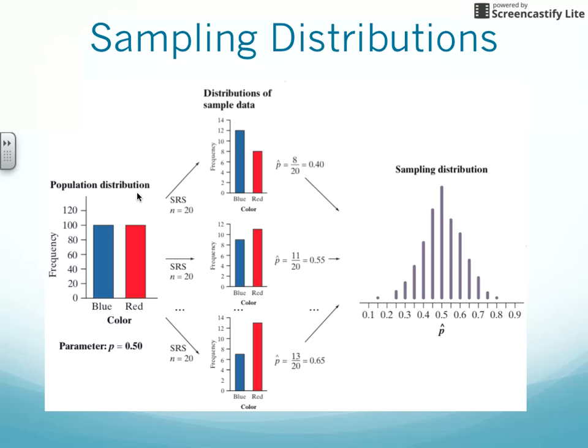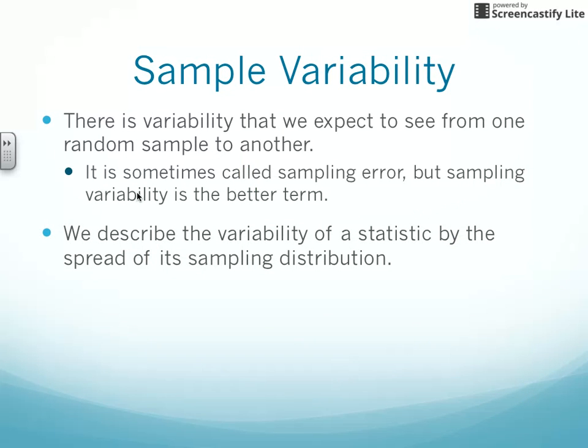One simple random sample produced 8 out of 20, where another one produced 11 out of 20 red, and the other one produced 13 out of 20, okay? So as you can see, your proportion will vary from sample to sample. The value of a statistic varies in repeated random sampling. Okay, so this we can refer to as our sampling variability. So there is a variability that we expect to see from one random sample to another. It is sometimes called